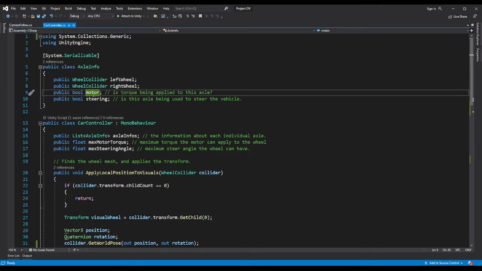The motor is a boolean that tells us whether or not this specific axle will be getting force applied from the motor. So, torque. It makes the wheels rotate, like in a car. If it's front wheel drives,